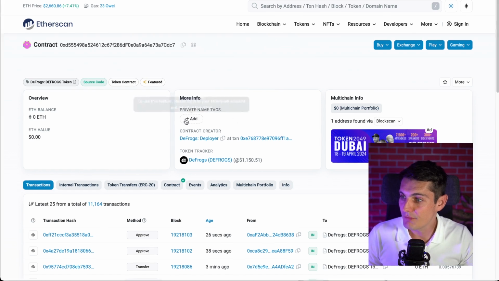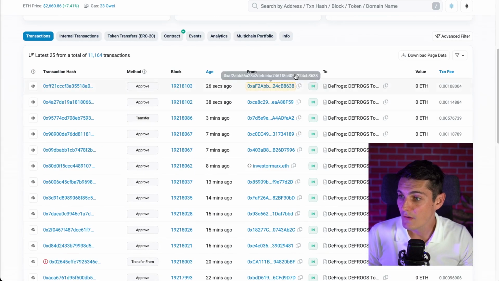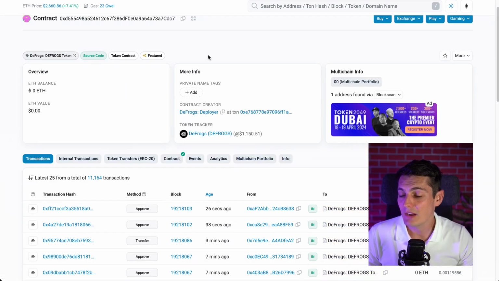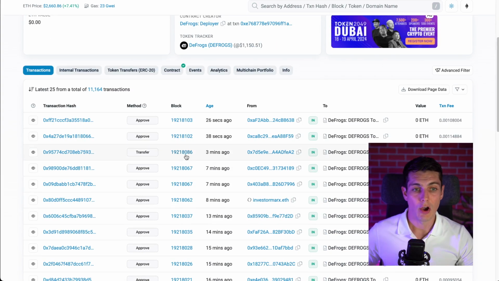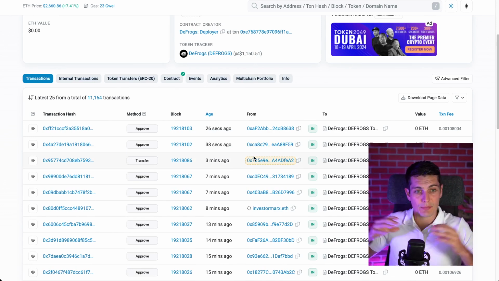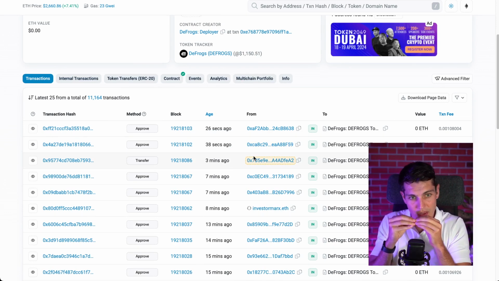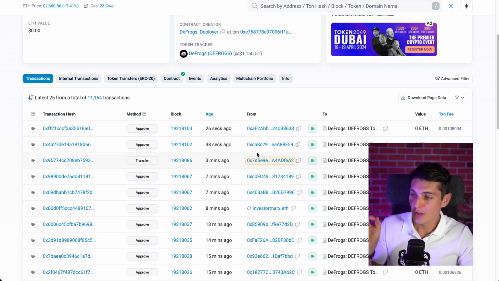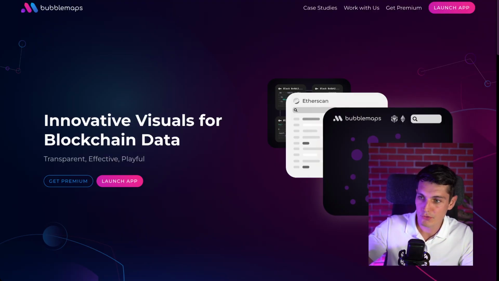For example, if I take the contract dfrog, I will see all the wallets that interacted with dfrog, but I do not have an idea of how many wallets that interacted with dfrog are connected. Because if they are all connected together and then transact with it, then we can see those clusters. This is why they use those bubbles.